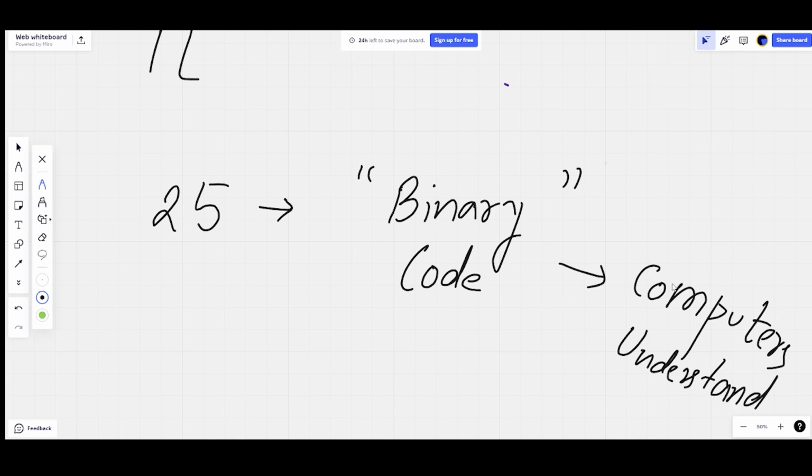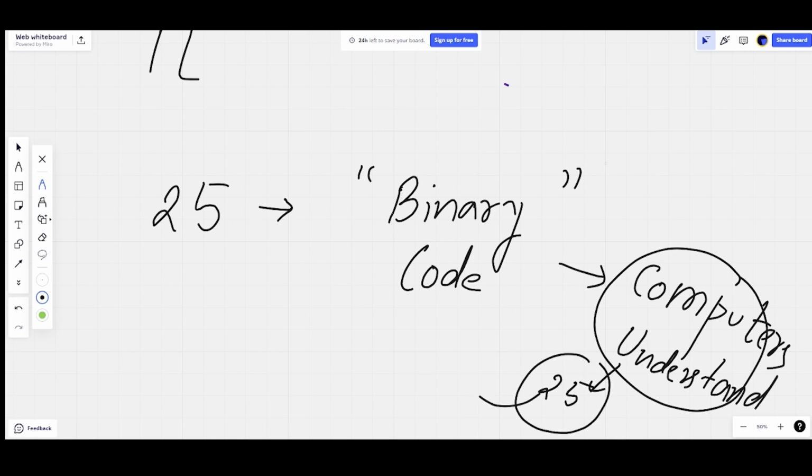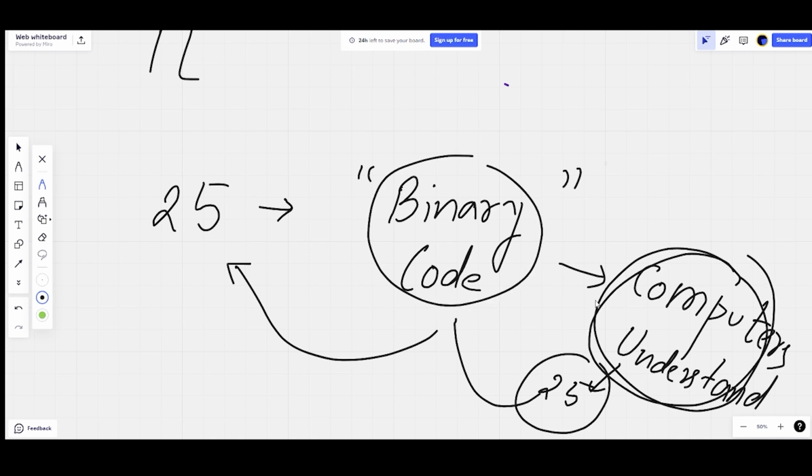When the computer understands this number, it will figure out that you're asking about 25. Then it will return back through the same steps, where the number, which is in binary form right now, will be converted back to 25 because the human should understand. Not every human knows what the binary of 25 is. Then it will give it back to you. So this is a whole cycle. If you press 2 on your keyboard and you see 2 on the screen, this process happens behind the scenes. 2 will be converted to binary, the computer will understand, and it will get back to you by converting that binary to 2, and then display it to you.